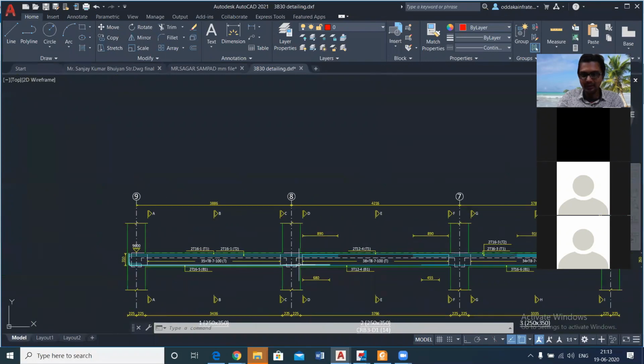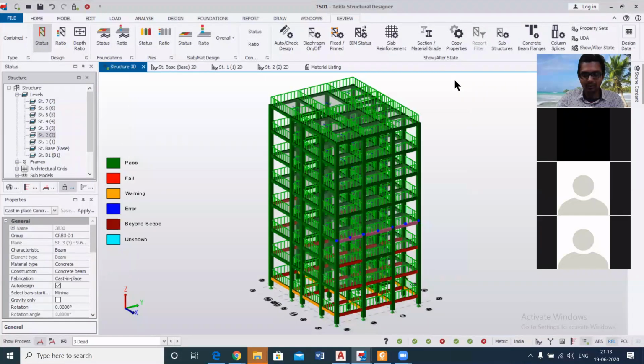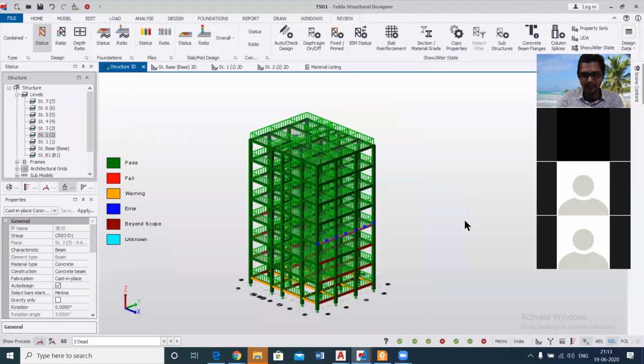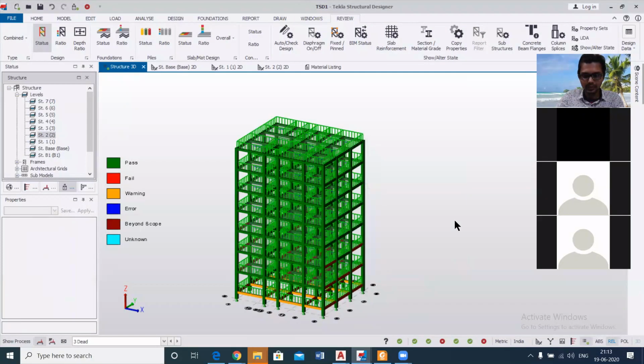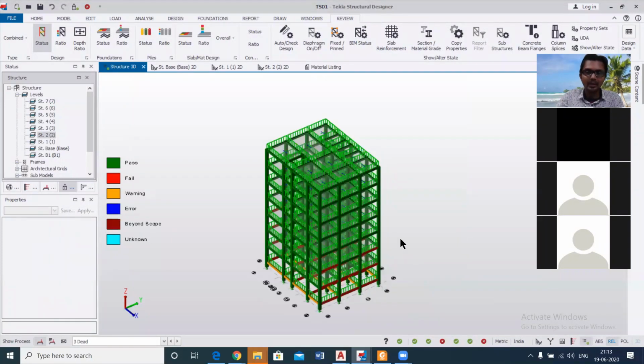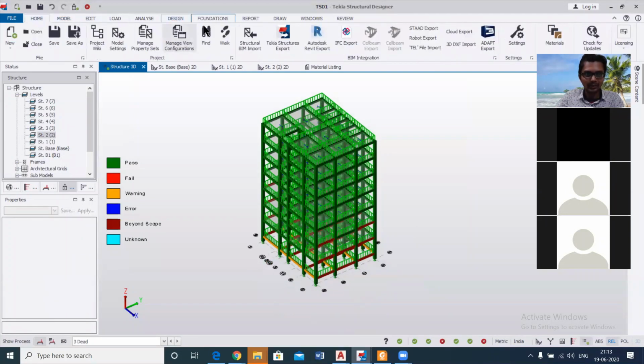So as you can see, the detailing drawing here for the beams, and you can also get some other detailing drawings as well. Before that, Sir, can you show one more beam? Suppose the same floor and the inner beam, like the second beam. Yes, we'll do that. Before that, let us just provide the foundations, and let us just complete the building.